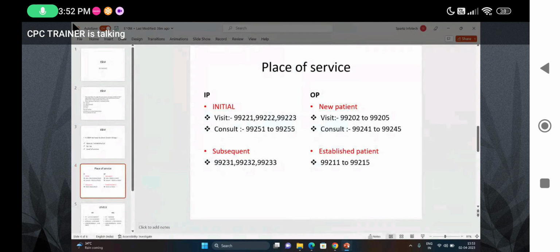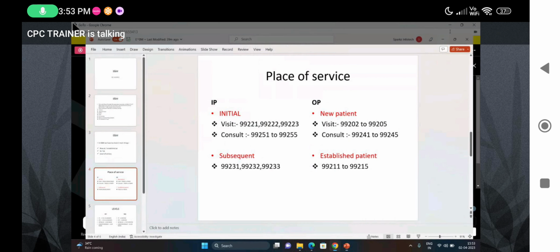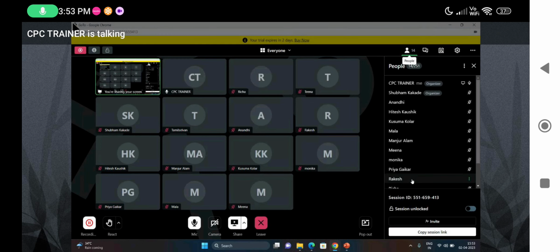So now the visit code is the remaining. The visit code and then consult, whatever it is, you have to finalize the code based on the level of service only. Previously we discussed, if you want to code E/M, you need to check new or established. Okay, you are checking.